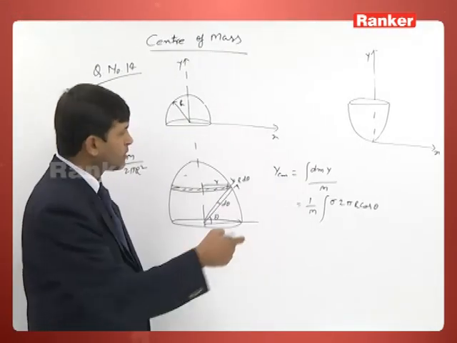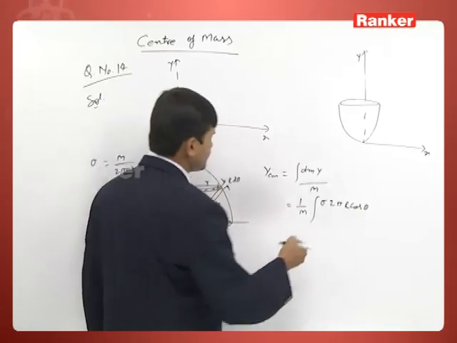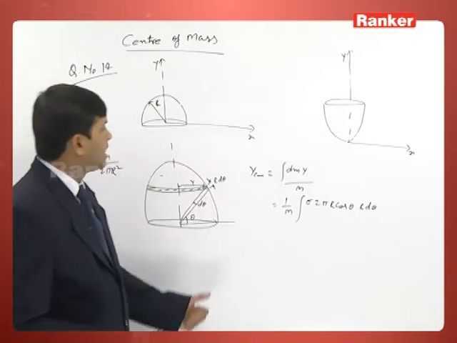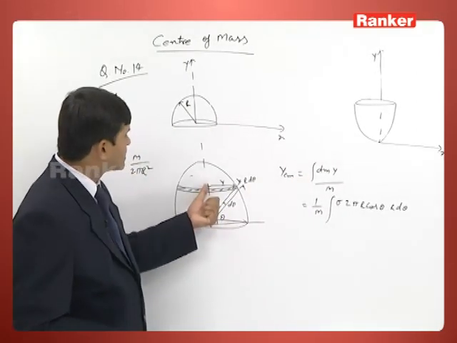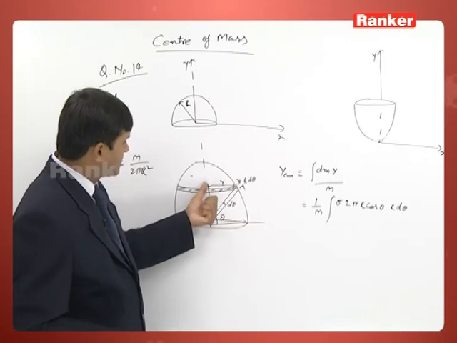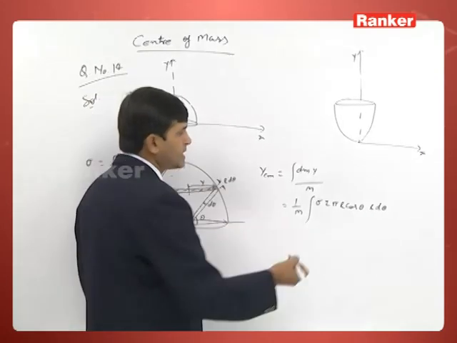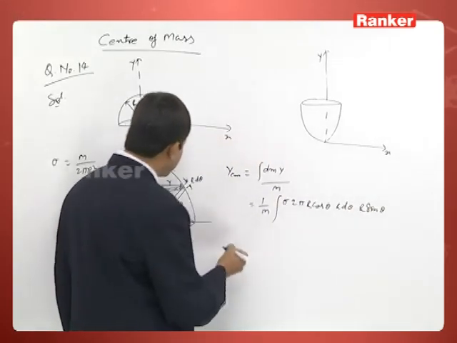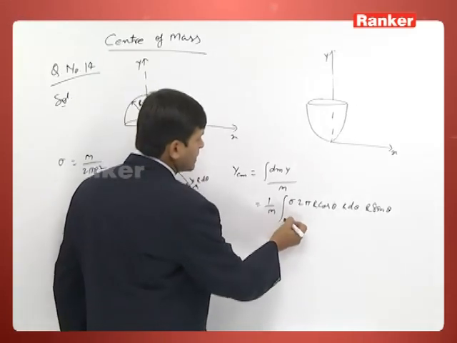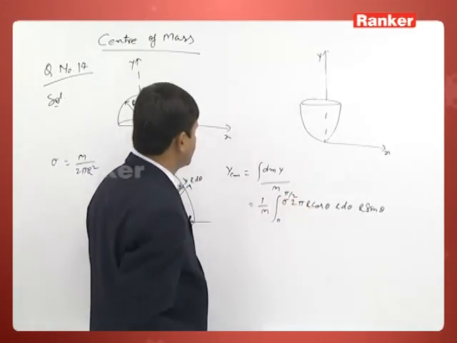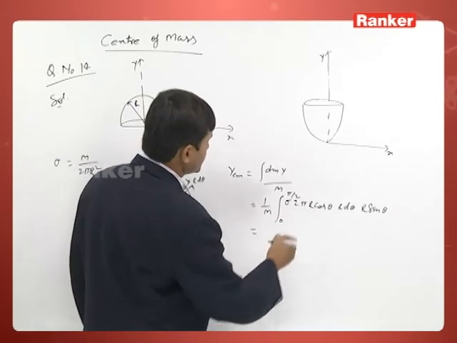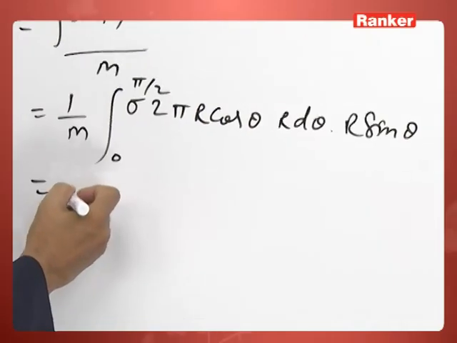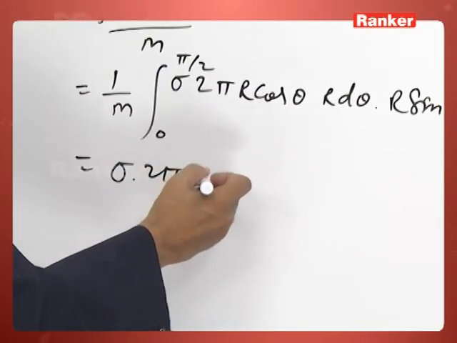This is the circumference of that ring, 2 pi r into r d theta. This is the dm, and y, the center of mass of this ring, that distance, is r sin theta. The limit of theta here is 0 to pi by 2. Now simplify: 2 pi r, r square, r cube, the sigma into 2 pi r cube by m